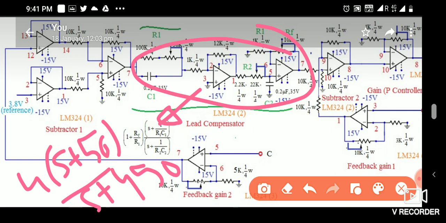In the same way, S plus 1 by R2 C2, they have the pole. That is coming from MATLAB, that is 450. So 1 by R2 C2 equals 450, and you will have to choose the resistance and capacitance values accordingly. In this way you will have to